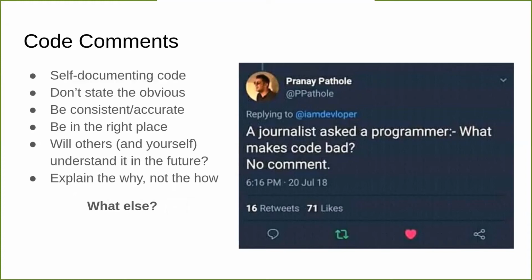An exception might be if the to-do explains some sort of logic that you're going to do that will be useful when you're editing the code in the future. But a simple to-do to say, refactor this to be faster probably isn't useful unless it's linking to an issue. I've worked on teams in the past where part of our linting configuration would prohibit to-do comments that didn't reference an issue number or a link or something like that.